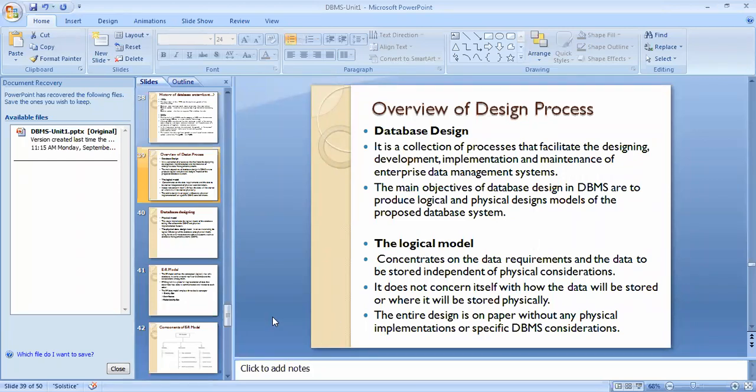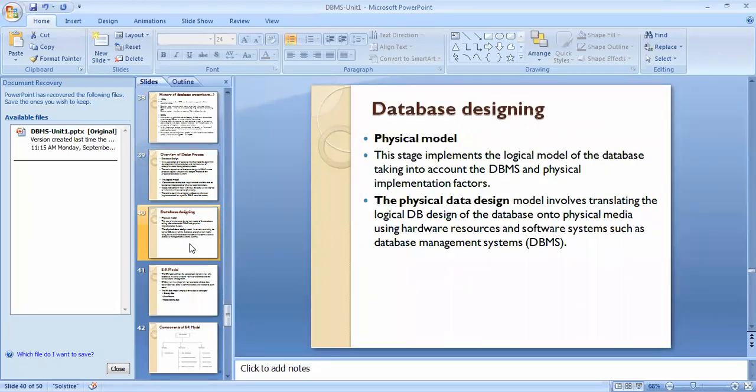Now the next is the physical model. This stage implements the logical model of the database, taking into account the DBMS and physical implementation factors.